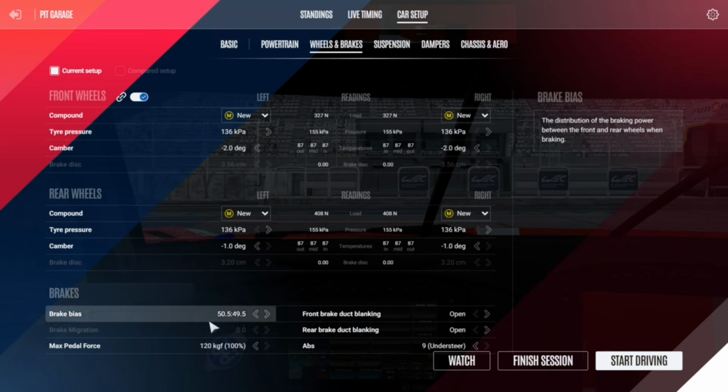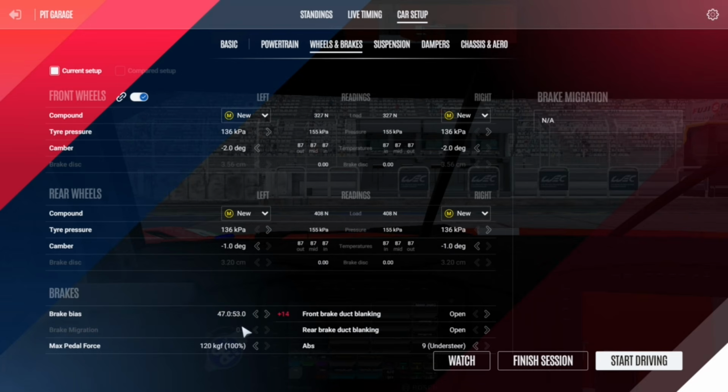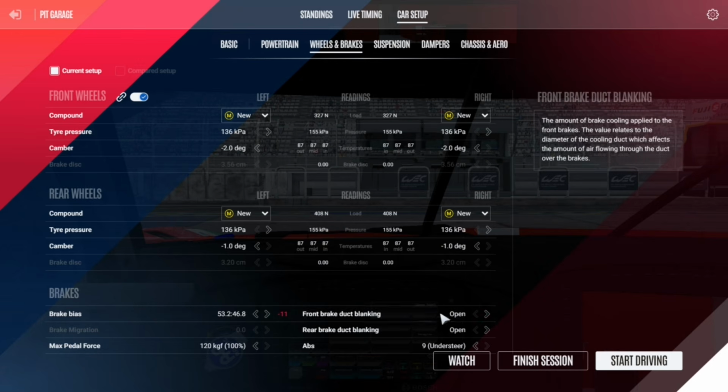Brake bias is quite easy to understand. On the left you have the amount of braking that you will have on the front, and on the right it's the amount that you will have on the rears. If you have a front engine car, you want to put more brake force towards the rear, this way you will get rotation. And if you have a mid-engine to rear engine car, you need to do the opposite, so this way the car stays stable because your car is already too oversteery, so you need to compensate by making the brake bias a bit less aggressive.